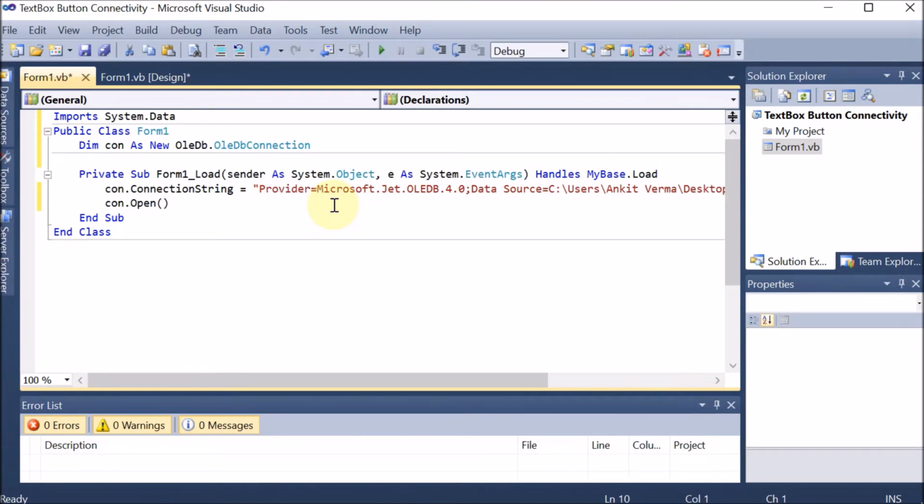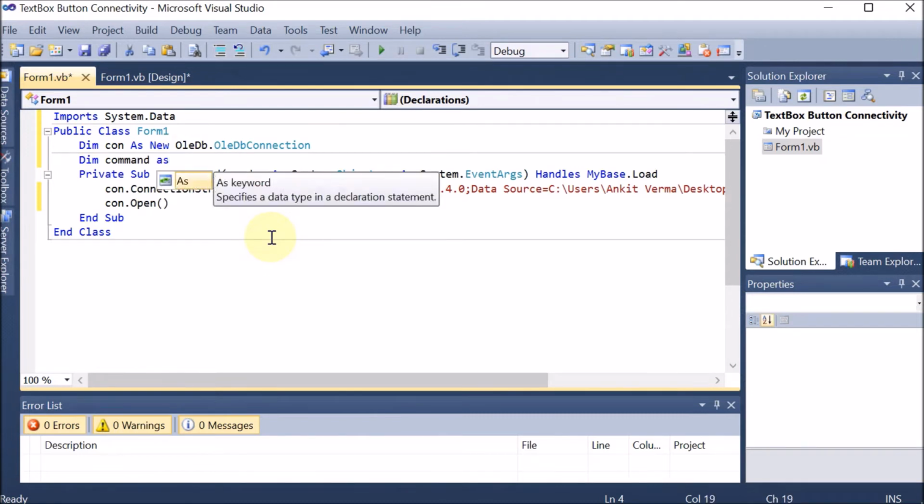Now afterward, how much data do you want? Do you want the complete table data or some specific data? For that we have to provide the command. Means if you want only 2 records to come to your application, then for that you have to give a command. Means a command is required for how much data you want. So now we are going to run the command, that means how much data we are going to fetch. So we are going to make the object for the command. Dim command as